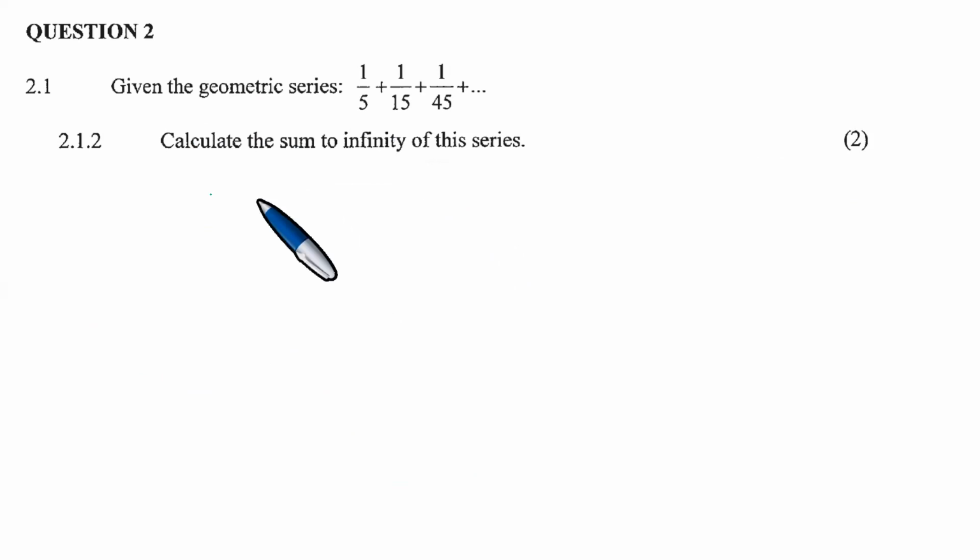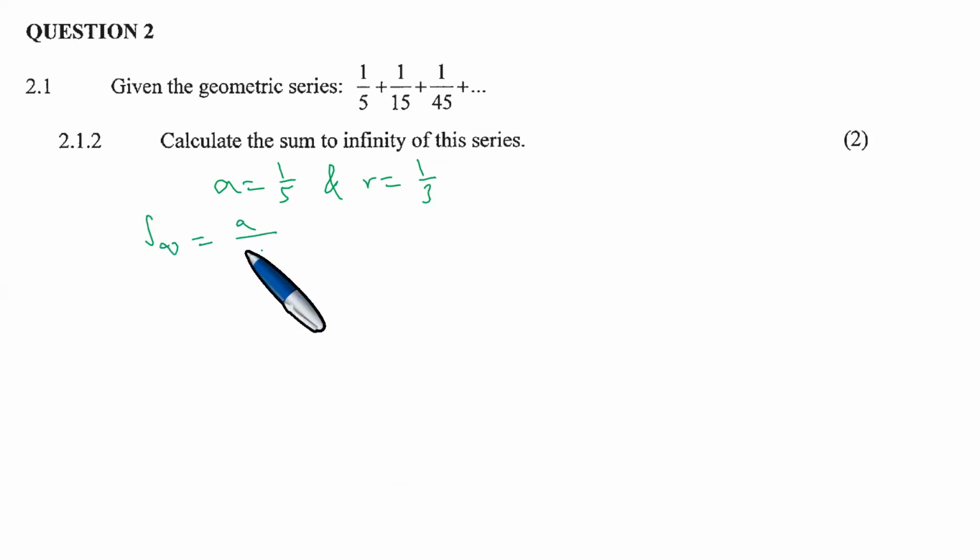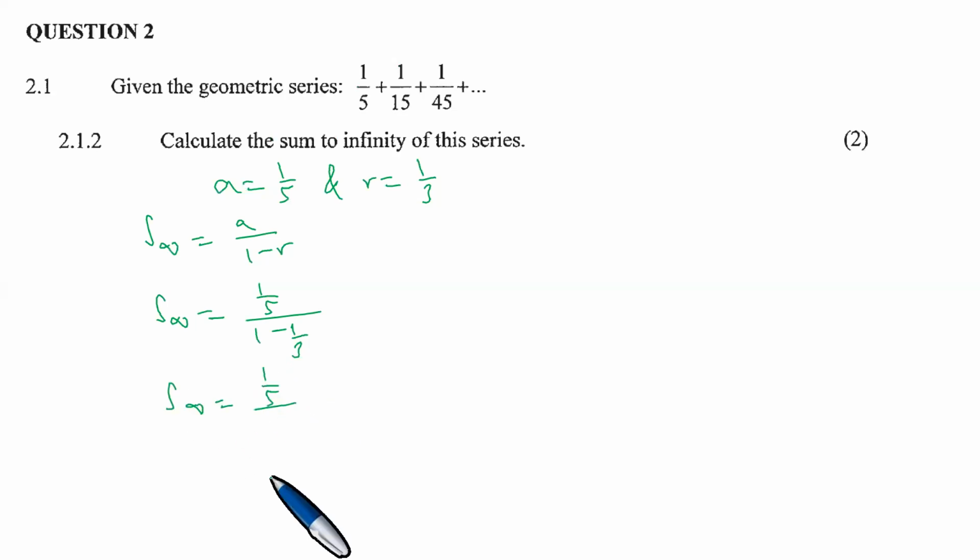Right, so the couple of things that you already know. The first term is 1 over 5, and we have seen that the common ratio is 1/3. The sum to infinity of the series is a divided by 1 minus r, which means the sum to infinity is a, which is 1 over 5, divided by 1 minus 1/3. So what is 1 minus 1/3? It is 2/3,